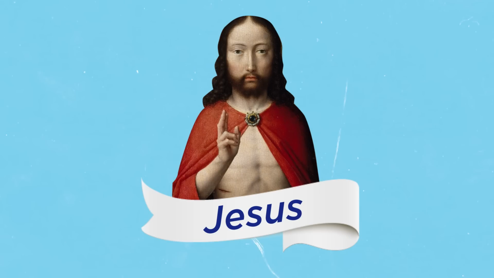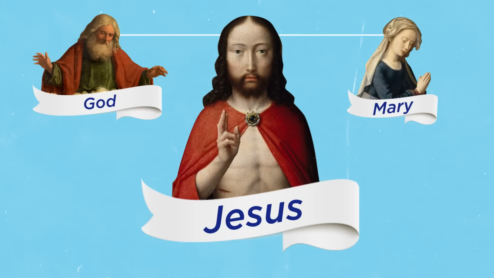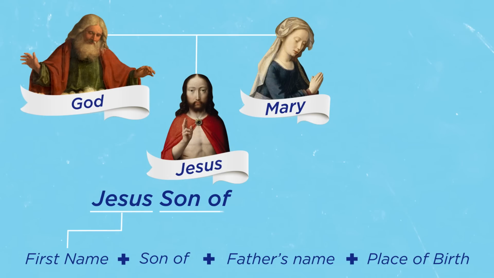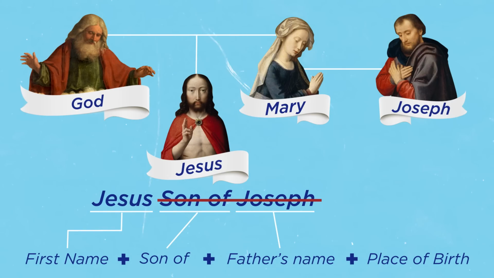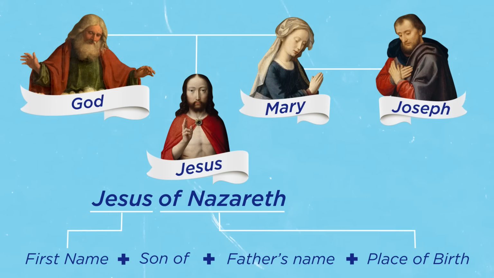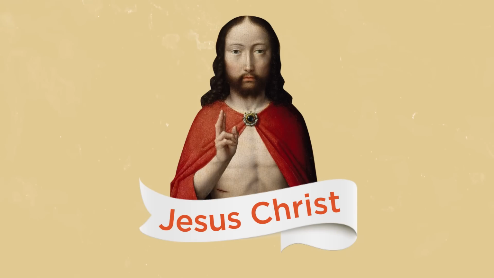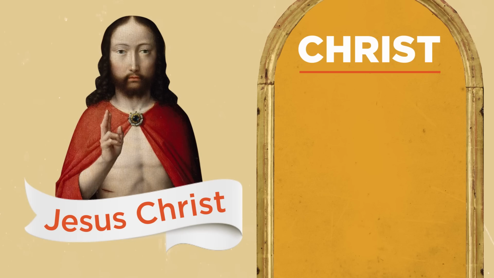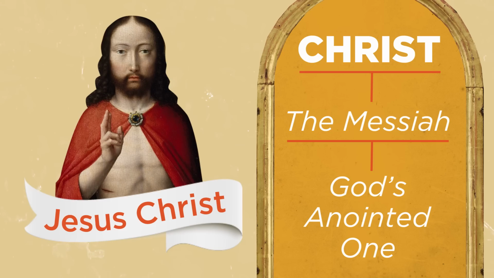But in the Christian faith, Jesus is noted as the son of Mary and God, so the traditional naming of Jesus, son of Joseph, Mary's husband in the Bible, wouldn't be fitting. Instead, during his lifetime, he was known as Jesus of Nazareth, drawing the second half of his name from where he was from and not from either parent. The Christ portion of his name isn't a last name at all, but a word translated which means the Messiah, or God's anointed one, who is prophesied and foretold about in the Jewish faith. So Christ in this case functions more like a title, as in Jesus the Anointed One, or Jesus the Messiah, rather than as a last name.